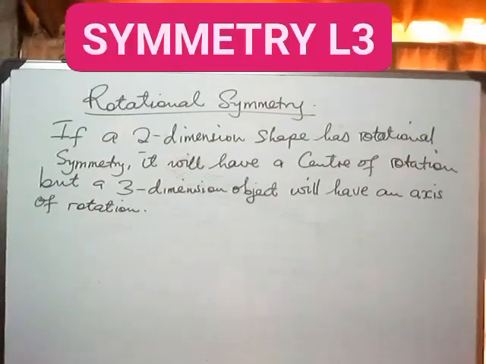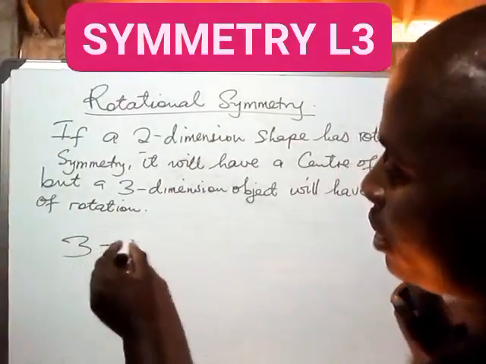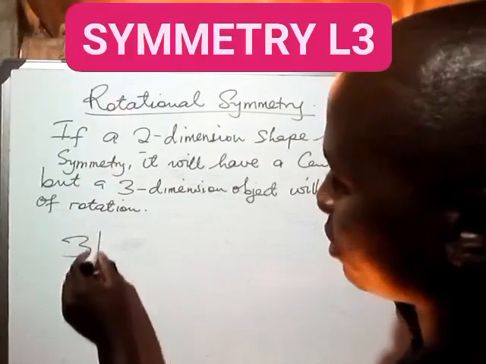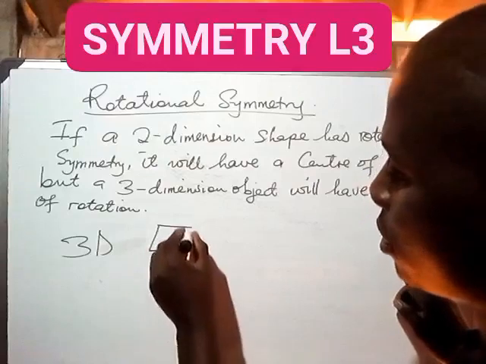Now, what do we mean by saying a three-dimensional object? A three-dimensional object, those are objects such as the cube, the pyramid, or the sphere. The three-dimensional objects, 3D or 3Ds. We have the cube,